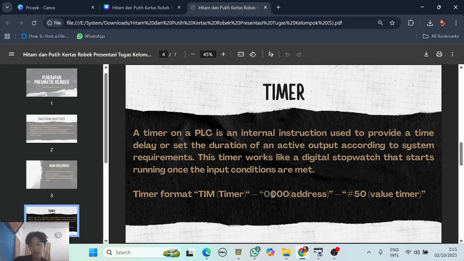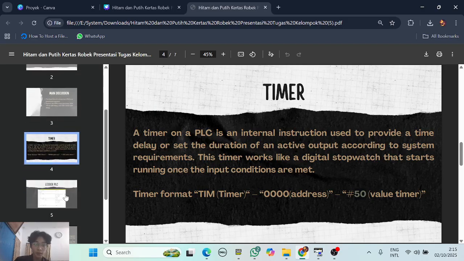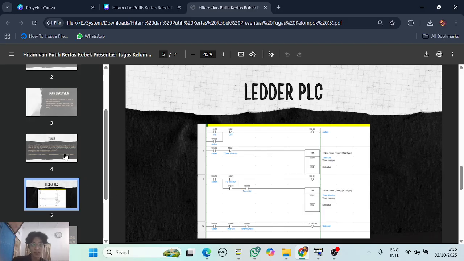This is the address we want to put, then this is the timer value that we want to put. Okay, this is just an example. Okay, let's go to the next slide.